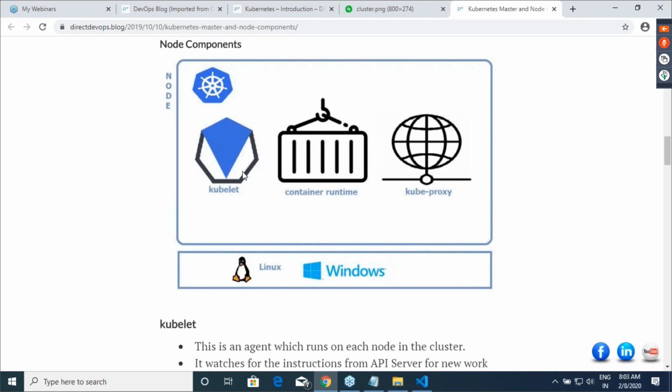To be very specific, kubelet will inform your controller that one container is not running over here. Then it will again receive the instruction saying that now the container is not running, launch one more. It will never make decisions. It will do only one thing: follow the instructions and inform your Kubernetes master.